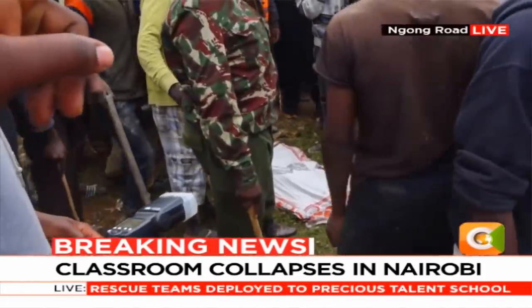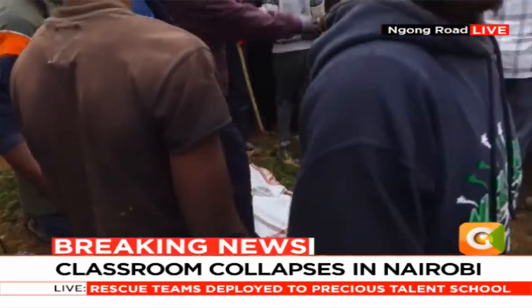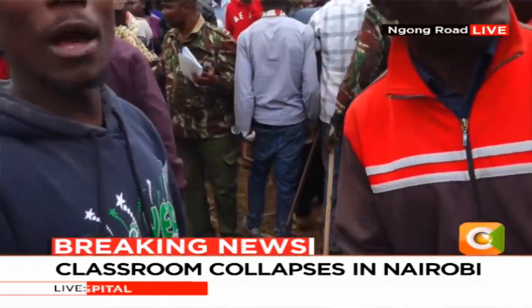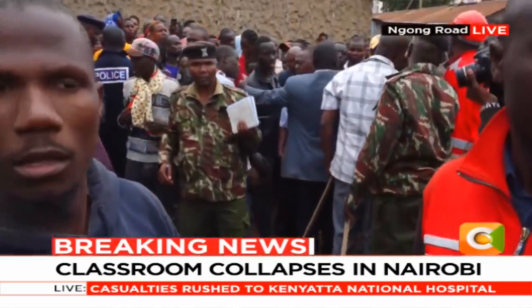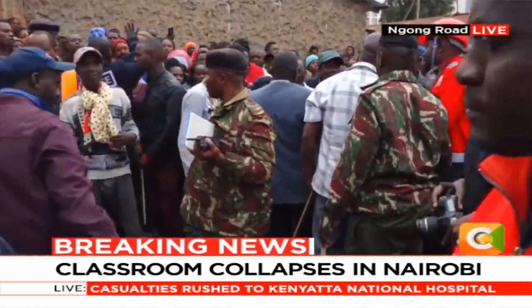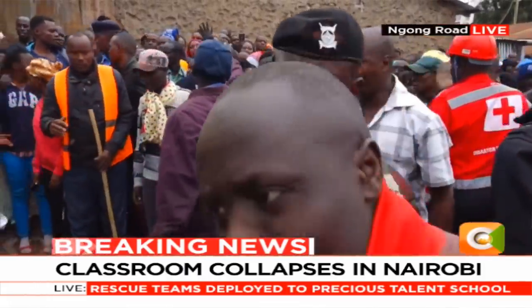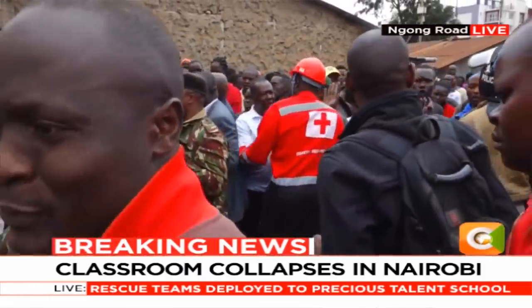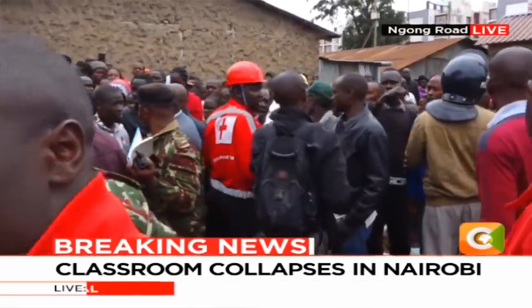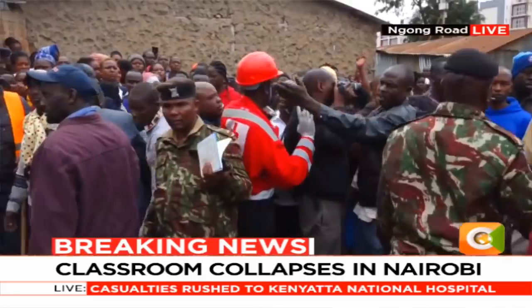Because we are seeing a lot of iron sheets being moved away from the debris, what exactly led to the situation that we have now? The components of the school are iron sheet, some wood and also some metal. I think metal was used to erect the building, and the bigger component of this school is iron sheet,